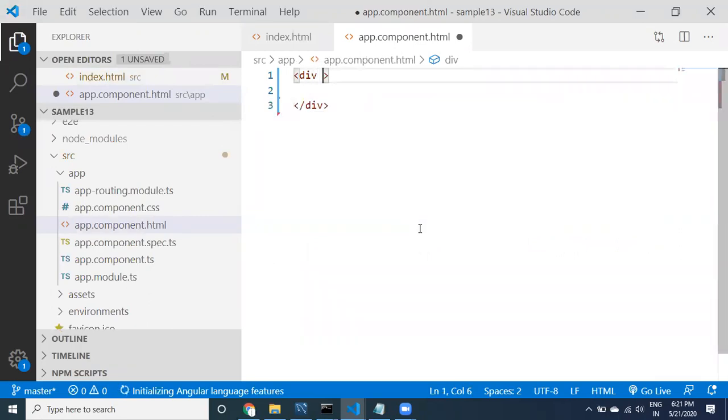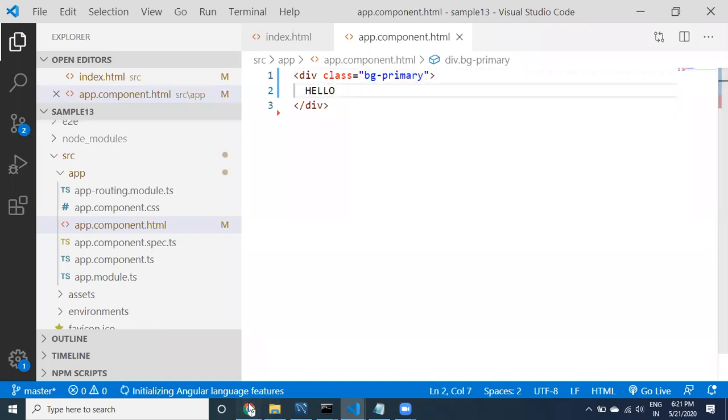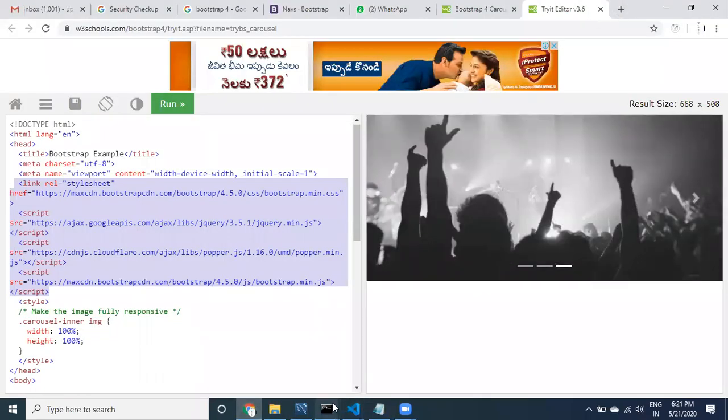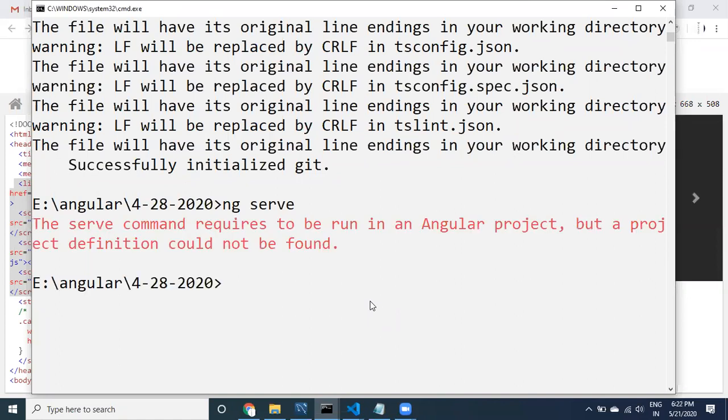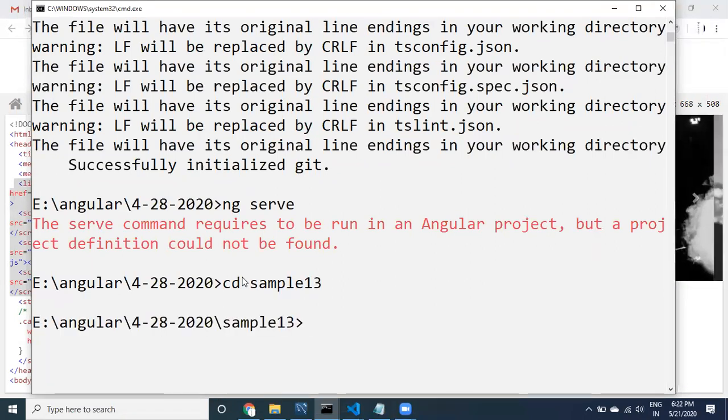Class equal to bg hyphen primary. Hello, see here guys, class bg primary hello. If you go to, yeah, we need to run this, right? Ng serve. Okay, sorry, I have to go to the cd sample, then